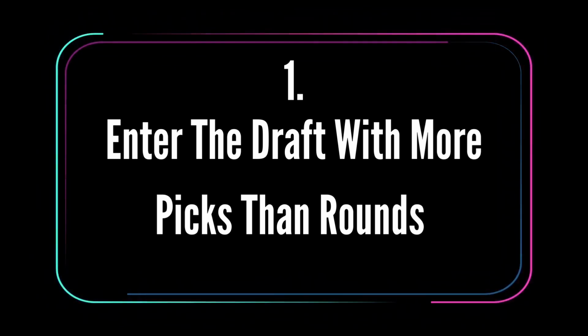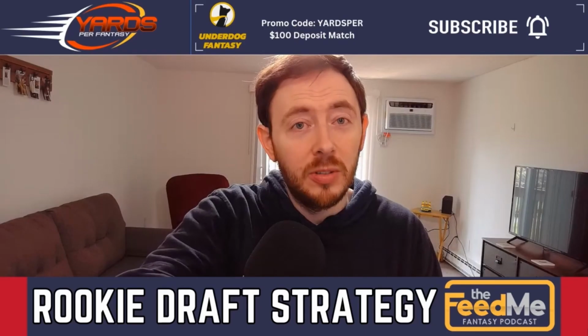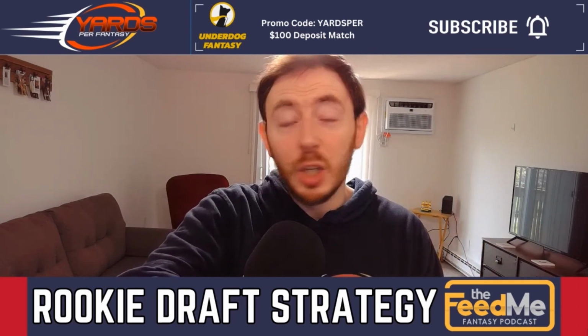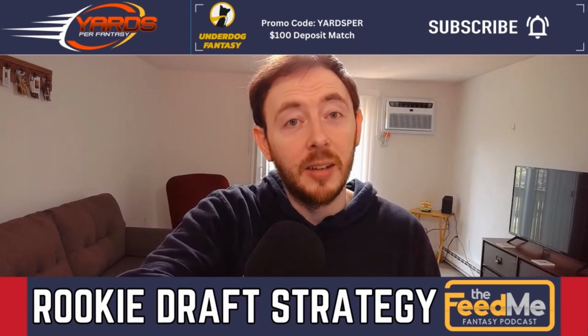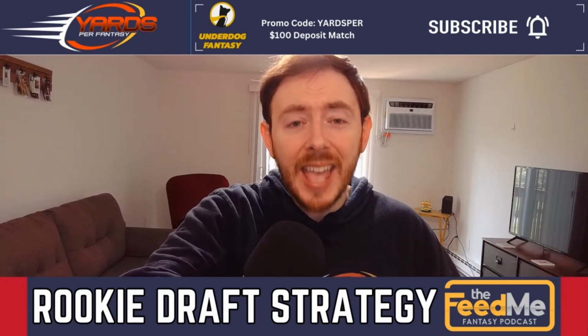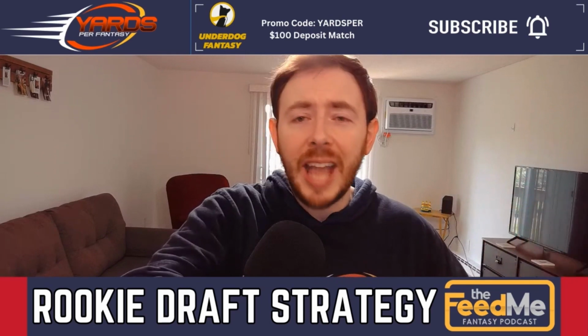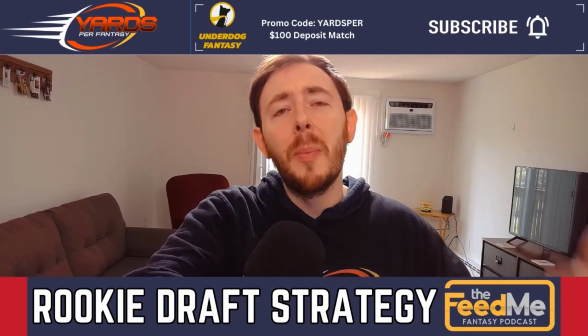My first rookie draft strategy tip is to enter the draft with more picks than rounds. Meaning if it's a 4-round draft, you should probably try to have 5 picks coming in. Throughout this episode, you'll notice I refer to rookie draft picks as currency. You want to have as much of it as you can when you enter the rookie draft. This will allow you flexibility when moving around the draft board and acquiring assets, whether it be veterans, more picks,